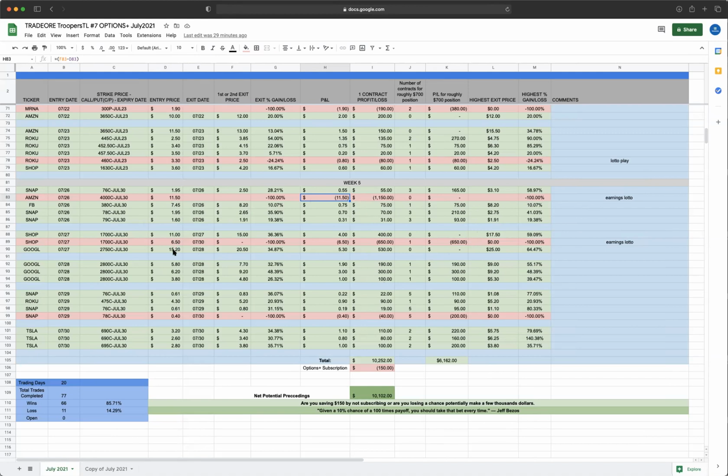We entered 2750, 1520 was their lottos. If you followed your rules, you didn't take it, but that trade opened at around 20, went to 25 the next day. And then on Wednesday, we traded Google exclusively pretty much all day, almost 3 trades, same